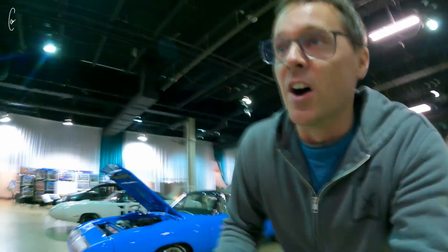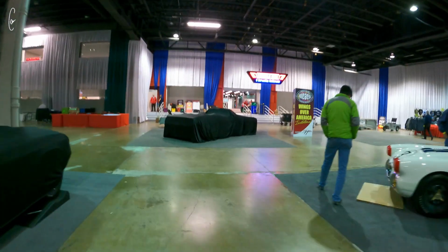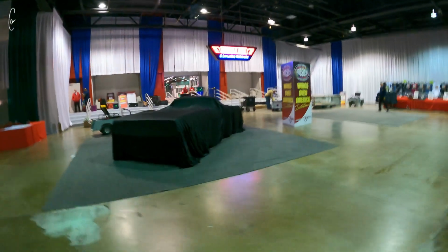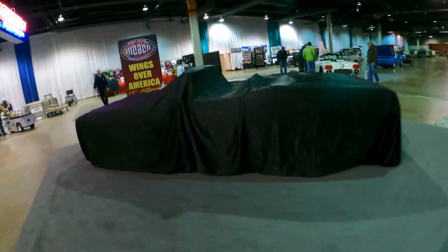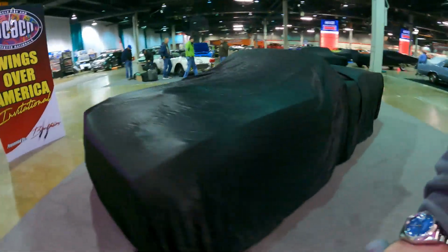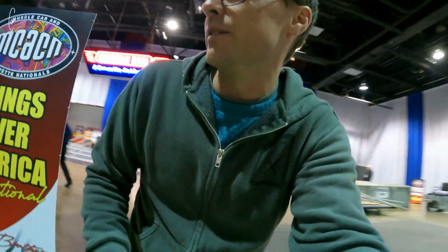Pretty solid lineup of wing cars right there. A couple more right here, a lot more over there. Under this cover is something pretty sweet. HEMI Cuda convertible. It's one of the only ones we've never had at the show, and it's pretty much been seen only online, so pretty stoked. It's an unveiling car, so not allowed to put a video out yet, but